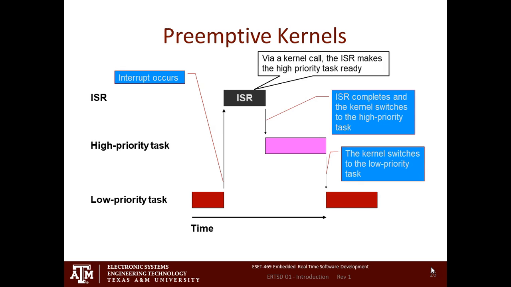So a preemptive kernel is different. And you can see what the difference is when you look at the return coming off of that interrupt service routine. See how the interrupt service routine is returning to the next higher priority task that's ready instead of returning to the task that got interrupted. Does that make sense to everybody about how that works? And you can see what the advantage is, right? Now my high priority task actually gets to be a high priority in the system.